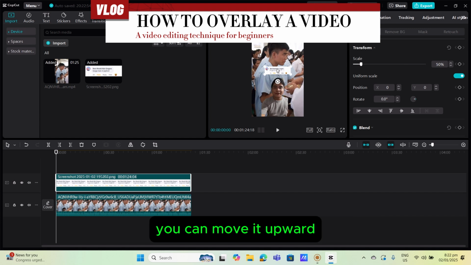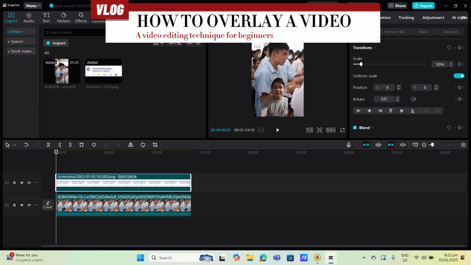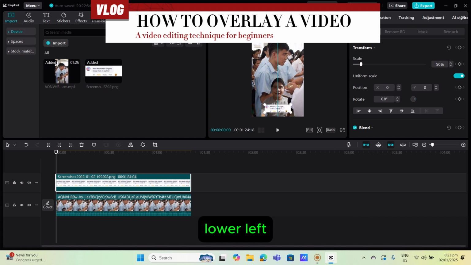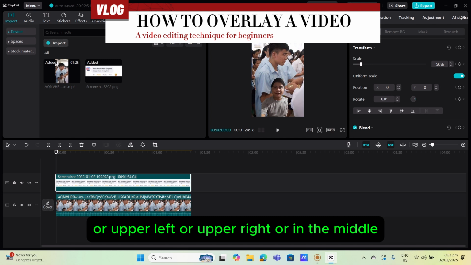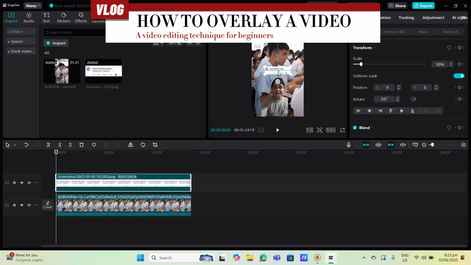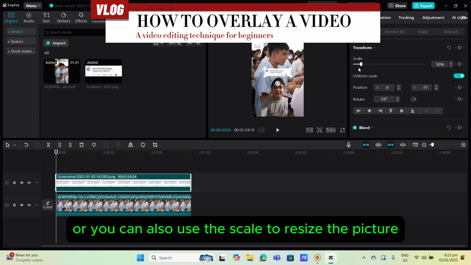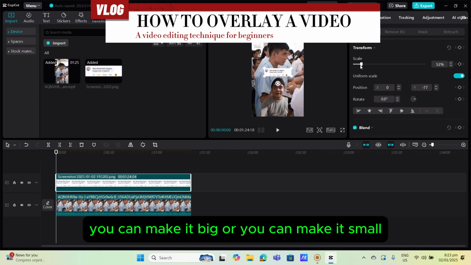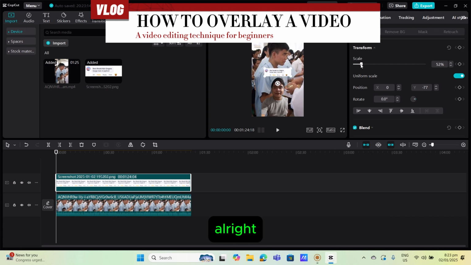You can move it upward, or you can do it in the middle, or lower left or lower right or upper left or upper right. All right. Or you can also use the scale to resize the picture. You can make it big or you can make it small. All right. So let's try to play it.